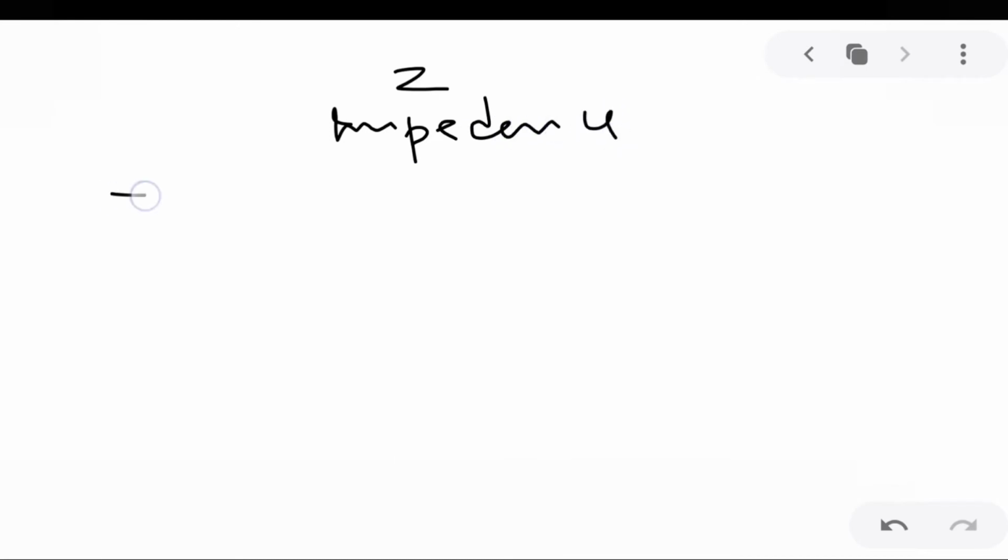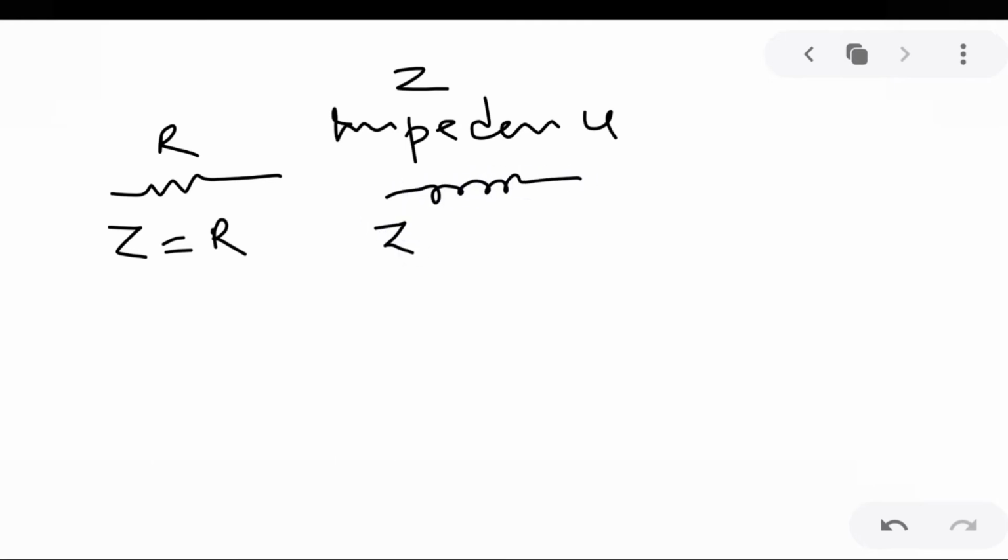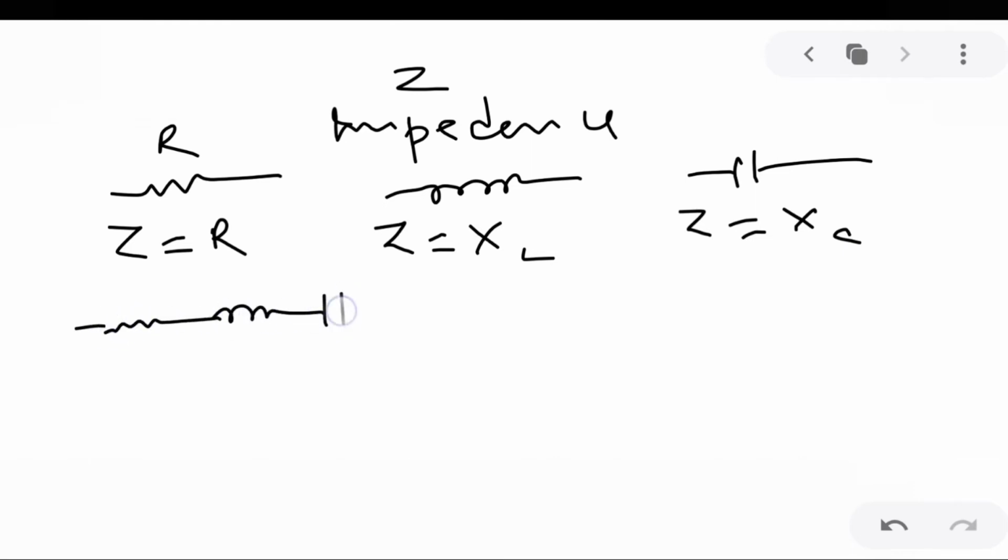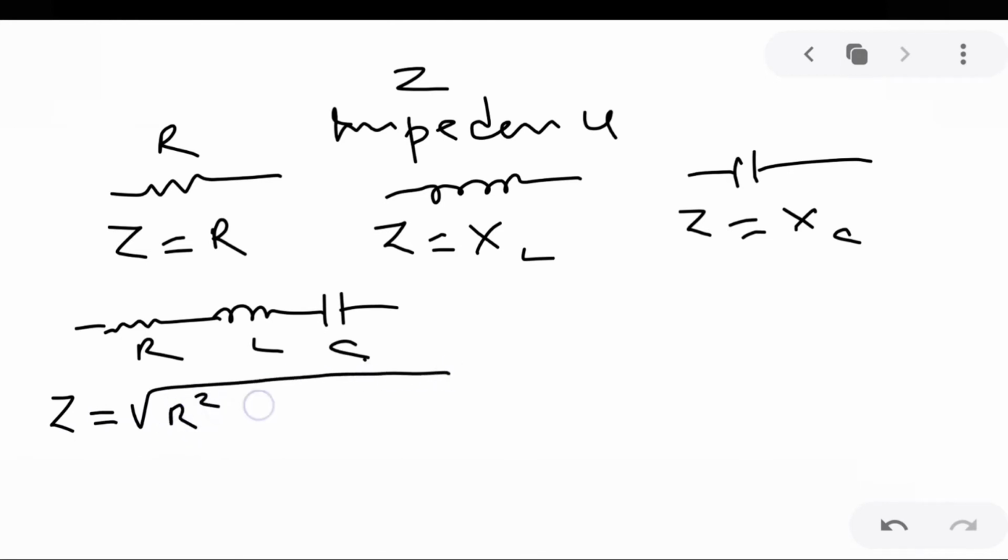If you have a resistor, the impedance of the resistor will be equal to R. If you have an inductor, then the impedance will be equal to XL. If you have a capacitor, then the impedance is equal to XC. If you have a resistor, inductor and capacitor, R, L, C, then we have Z equal to the square root of R square plus (XC minus XL)